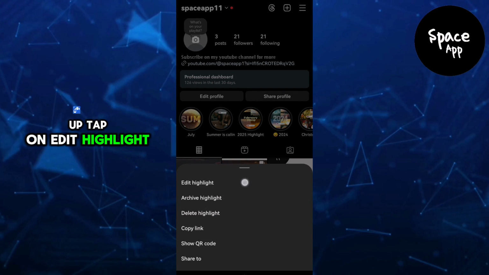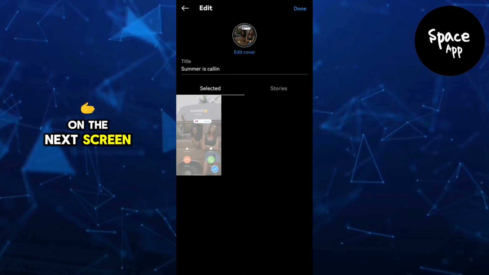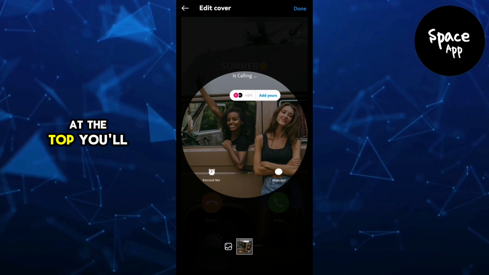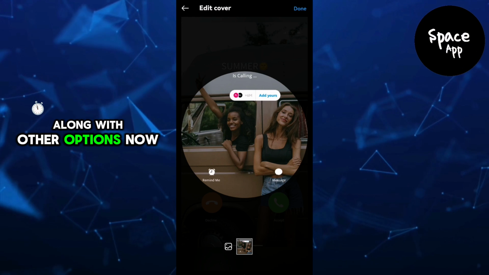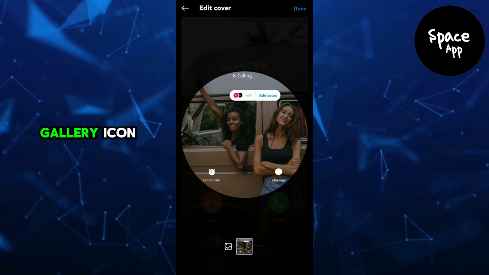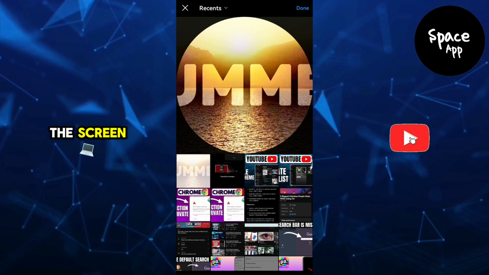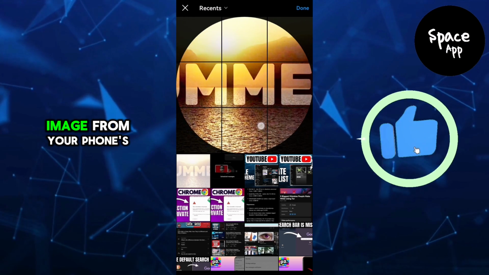Tap on Edit Highlight. On the next screen, tap on Edit Cover at the top. You'll see the current cover image along with other options. Now tap on the small gallery icon at the bottom of the screen to choose a custom image from your